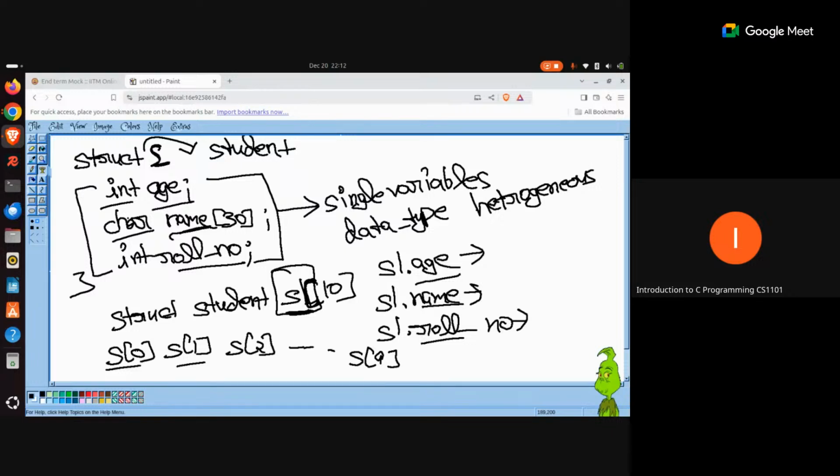All right. So this is about structure, and you can combine this concept of structure with arrays, and you can make it more powerful, for example, for solving the problem that we have just discussed. You can basically group logical entities into a single wrapper, and you can add as many attributes as you want. Currently, I just took an example of 3 attributes, but it is entirely possible for you to have 100 different attributes, and each of those attributes can have a different data type. Doesn't really matter.